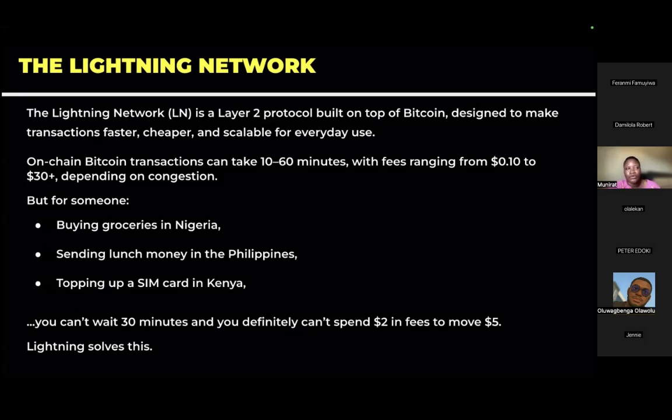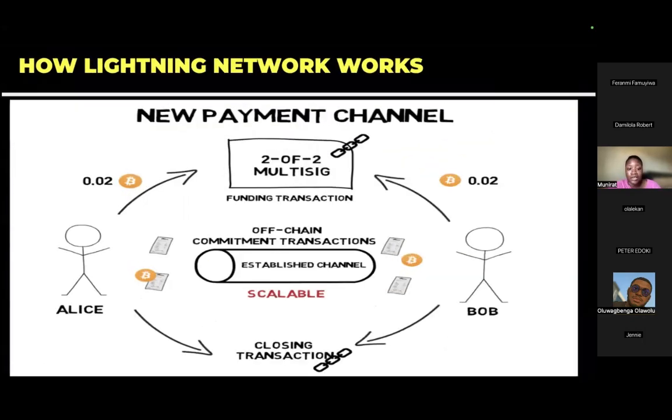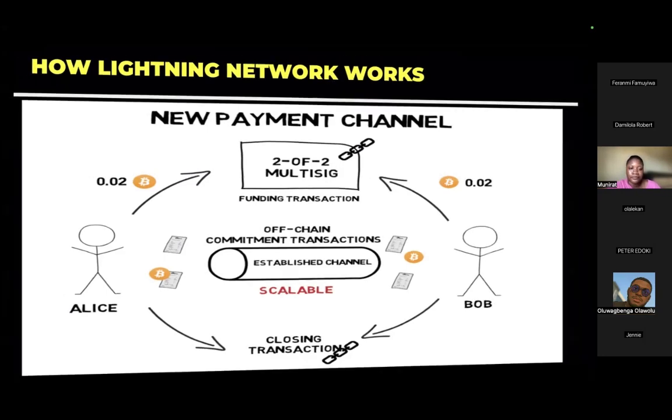You open a channel and then it's done off chain, and after the channel is closed, it is synced anyway. That way you don't have to think about mempool congestion, you don't have to think about those things, and the fee is lesser. So you can try to support Lightning, you can enable Lightning for your products.